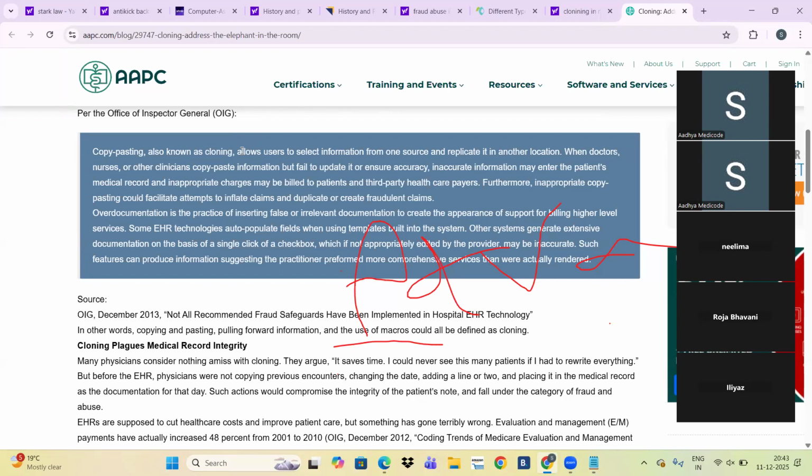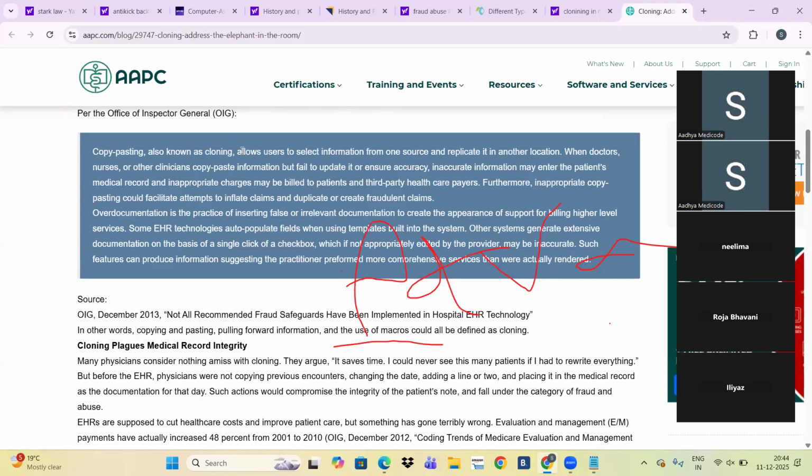In some cases, they will copy and paste the same HNP of a patient from one progress note to another progress note. That is also cloning. Actually, copy paste is acceptable. We can copy and paste the progress note or HNP. It is permissible, but we need to edit it for the other progress note.